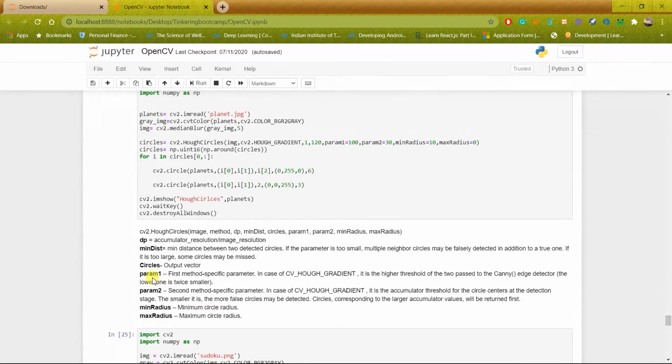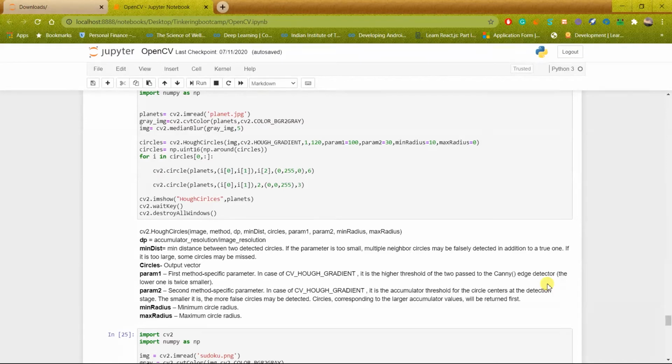After that we have parameter 1. So parameter 1 is the first method specific parameter. In case of CV Huff gradient, it is the higher threshold of the two passed to the canny edge detector. So if you remember, we passed two thresholds into the canny edge detector.